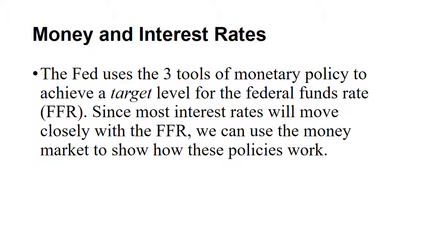Now that we've seen the shifters for money demand, you're probably wondering about the money supply shifters. You've actually already learned them. The 3 tools of monetary policy that we learned and were quizzed on in Module 27 are the money supply shifters. So think back, what are the 3 things the Federal Reserve can do? We have the reserve requirement, we have the discount rate, and that includes the spread between the discount rate and the federal funds rate. And then we have open market operations, buying and selling treasury bonds from commercial banks.